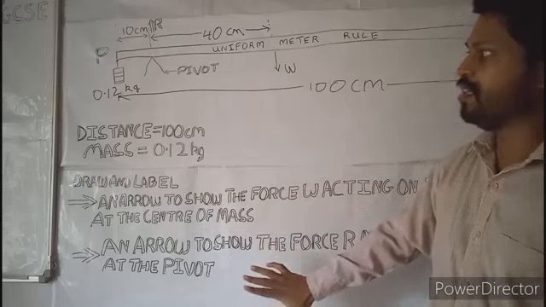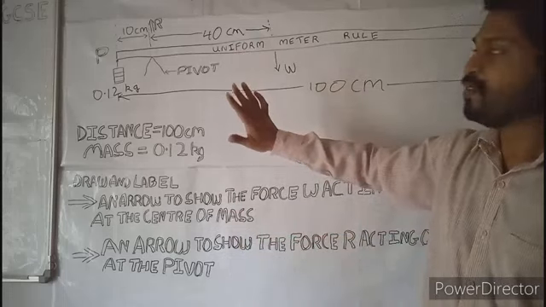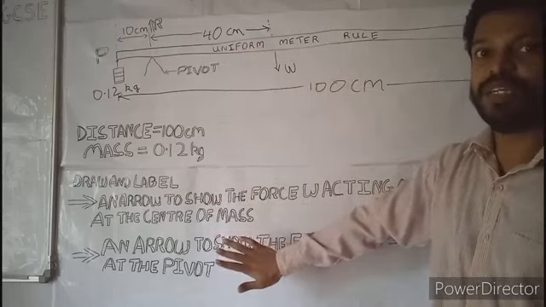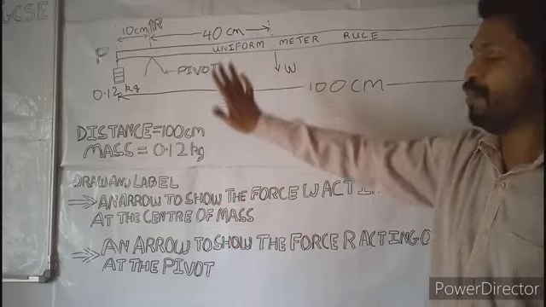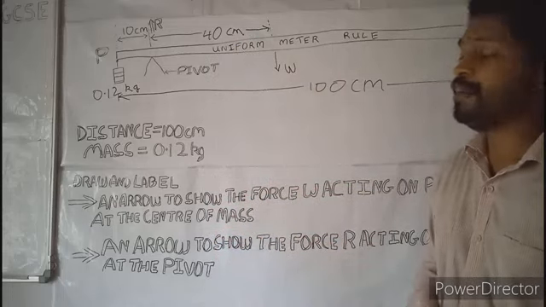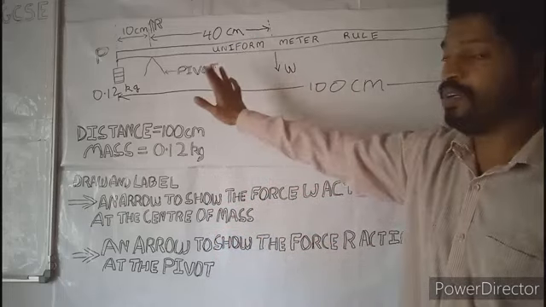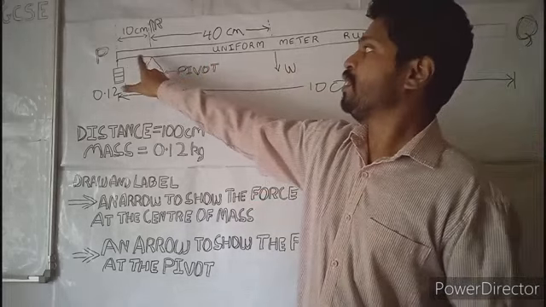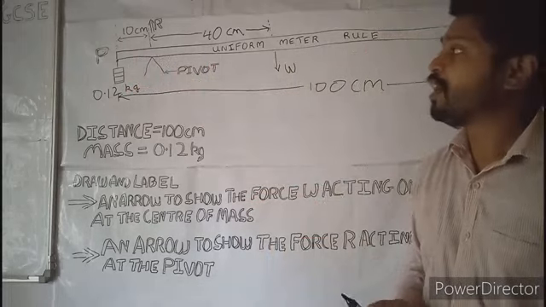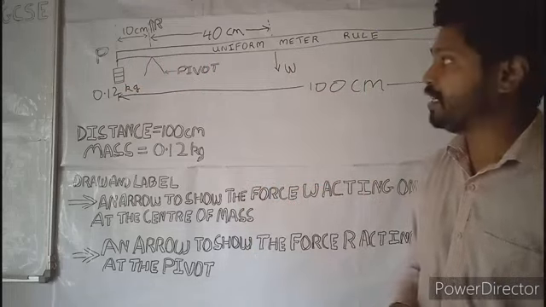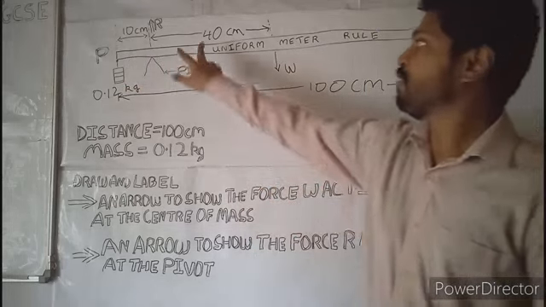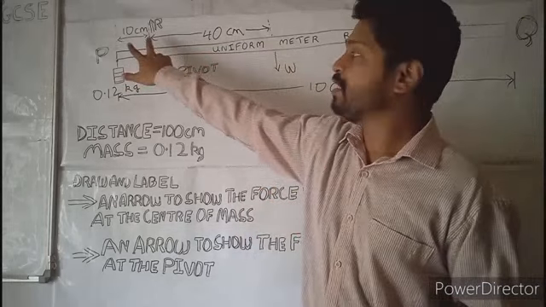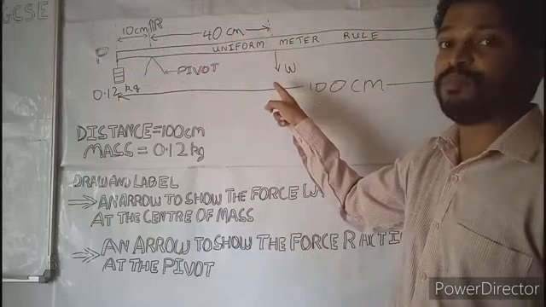And this is the question 2b. So we have answered the question 2b, and I'll give you a brief overview. We had been given a uniform meter rule. The distance from P to the center of the pivot was given as 10 centimeter. We were not given this distance, so we extrapolated it to find the center of mass.